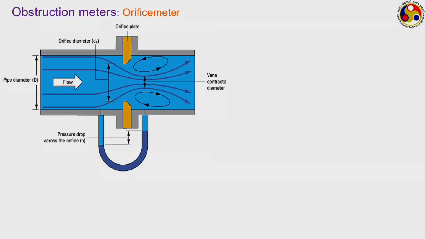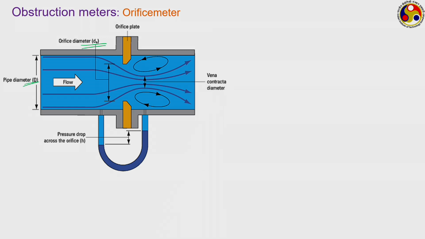shown here. The first one and the simplest one is an orifice meter. Here the idea is you have a flow channel, and in a particular section of the flow you suddenly have incorporated an orifice, just like shown here. In fact, the diameter of the orifice shown here is quite large. In practical cases, this orifice diameter d naught can be much smaller compared to the actual pipe diameter D. It is just like blocking the flow, blocking the entire flow, and then leaving a small hole for the entire